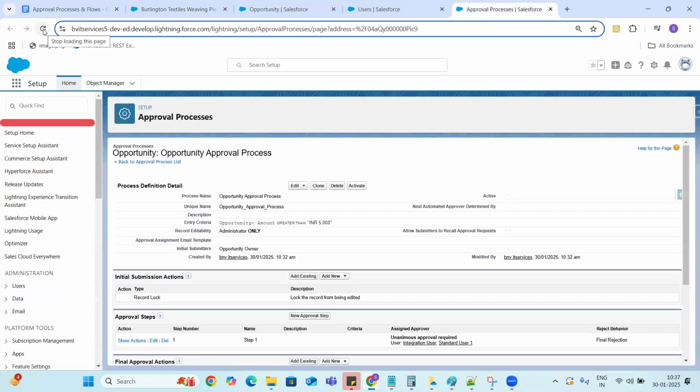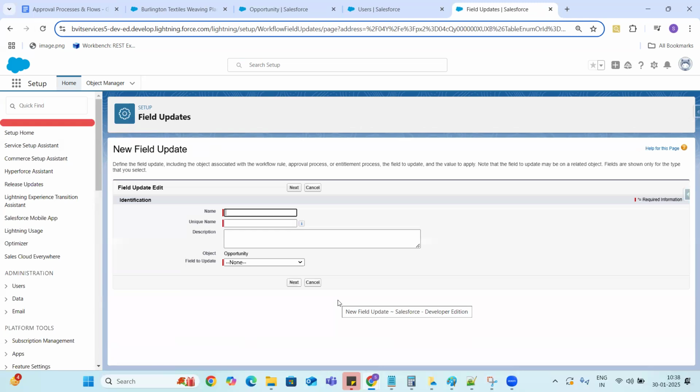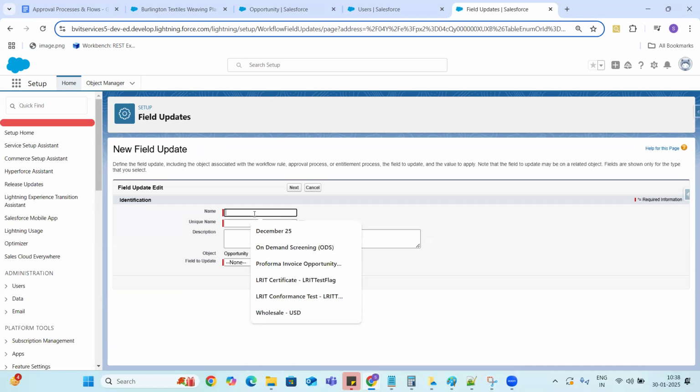As soon as any record that satisfies this criteria is submitted for approval, I would like to automatically set the approval status to pending. This is one of the automations, and for that we have to use the field update action. A field update is nothing but updating a particular field present on the opportunity.